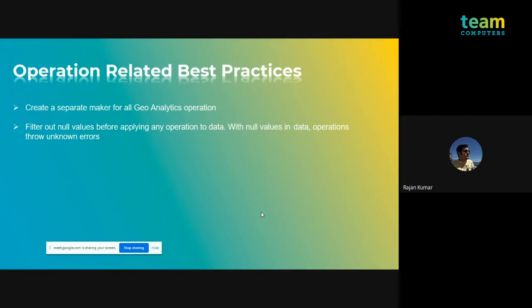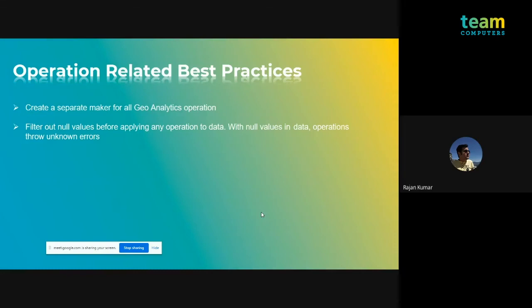Also, when you run your geoanalytics operation, your existing application should not be touched until your geo data is ready with you. What do I mean by that? In your data, you have your customers, your dealers, warehouses and all, and you have locations for them. Now you want to run some operations on those location IDs.